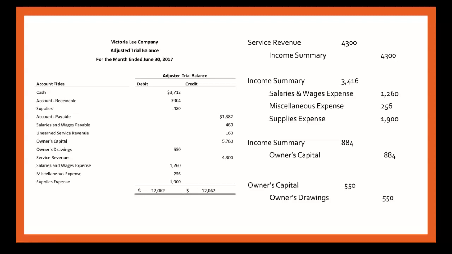That third closing entry, where we're closing your income summary, that could be flipped. It all depends on the balance in income summary after your first 2 closing entries. If we were to have a net loss instead of a net income, in the case of a net loss, we would debit owner's capital and credit income summary. So that's why making that T account and being able to visualize what you have to do to income summary to close it out might be helpful for you while working through all of your closing entries.